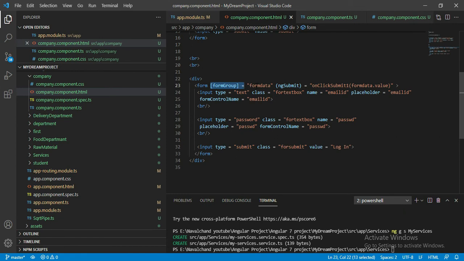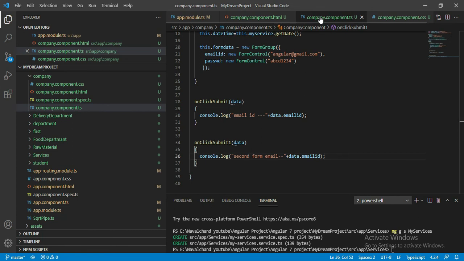Okay, give that form group any name, and when we create a method, inside that method we have to pass that form group dot value, and in every input element we have to create a form control name, and those form control names we have to declare inside the component.ts. You can see here we declared emailId, new FormControl, password, new FormControl.